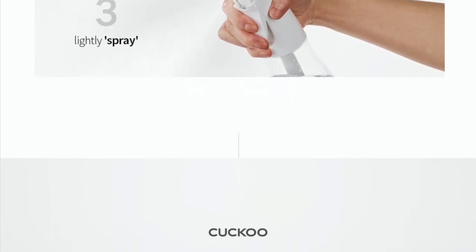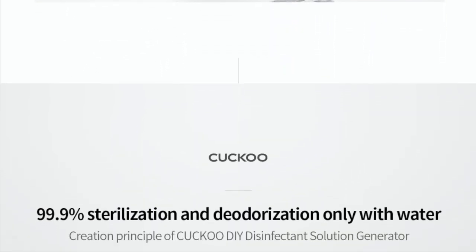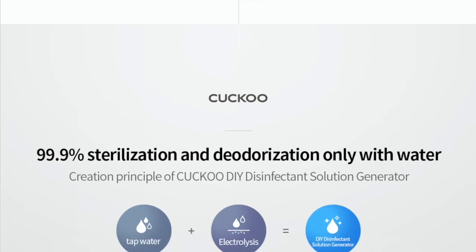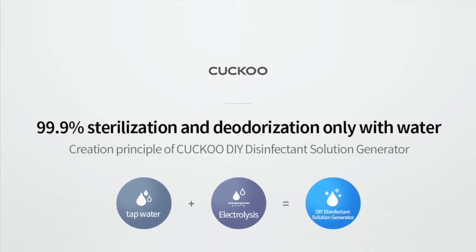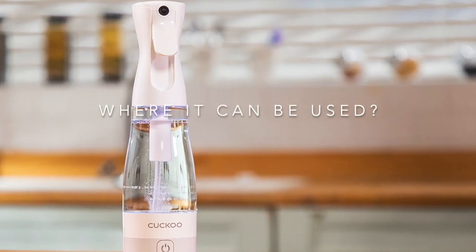It produces 99.9% sterilization and deodorization only with water. Where it can be used,